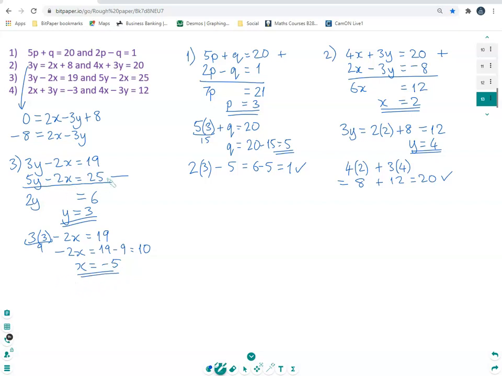Finally, sub into the other equation to check. So 5y is 5 times 3, minus 2 times x, where x is negative 5, gives us 15, minus 2 times negative 5, which is minus negative 10, so that's 15 plus 10, which is 25. And finally, number 4,